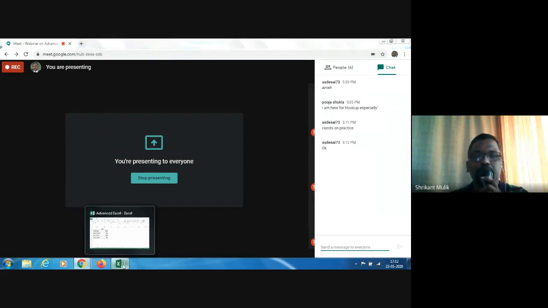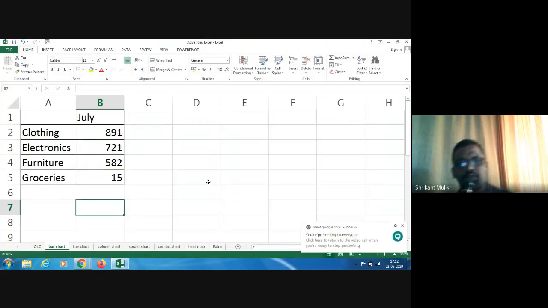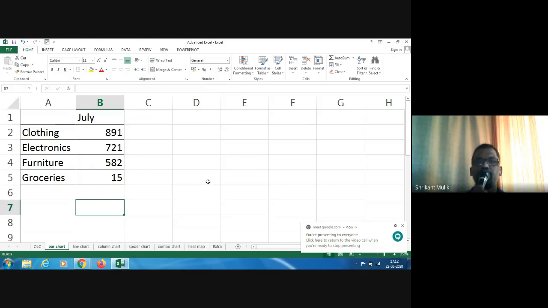Okay, so let us start now, and let me set the context for each of these worksheets. When we are using Excel, many times people miss the big picture, and we always like to tell you what it is that we want to do here. So here is the data. Simple data. Obviously, since this is a training, we are looking at very simplistic data. We have sales data for the July month for four product categories: clothing, electronics, furniture, and groceries. And we have shown numbers. Obviously, these are thousands of rupees. So 15,000 is for groceries, 5,82,000 for furniture, and so on.